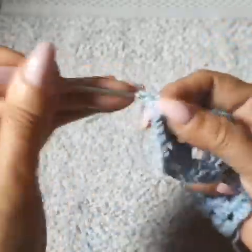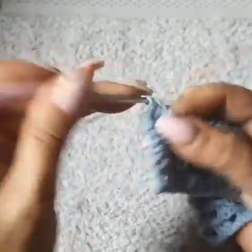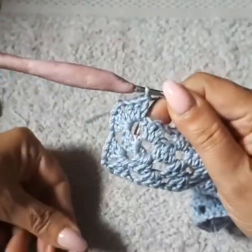I'm going to do the 3 double crochets, 2 chain, and 3 more double crochet. So now we have the other square on this corner. One chain, and come and create your groups all the way to the end. So I'll meet you at the end